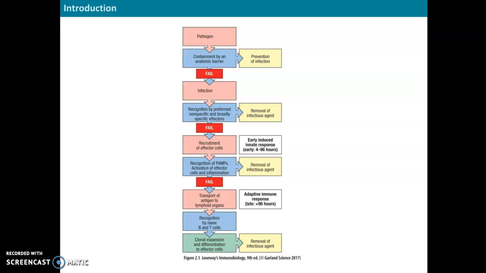And if they fail, then they will recruit effector cells by recognition of pathogen associated proteins on the surface or mediators of the immune system on the surface of the pathogen. So the recognition of PAMPs will activate the cells of the inflammation system, and hopefully then you will remove the infectious agent. If that fails,